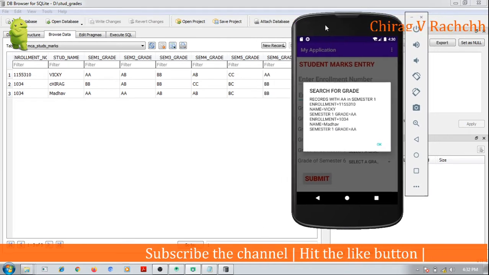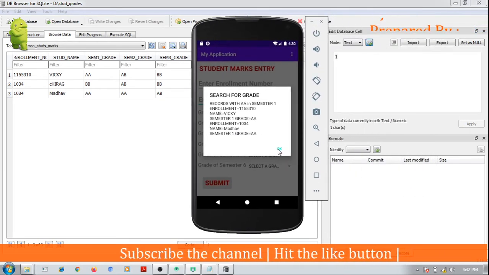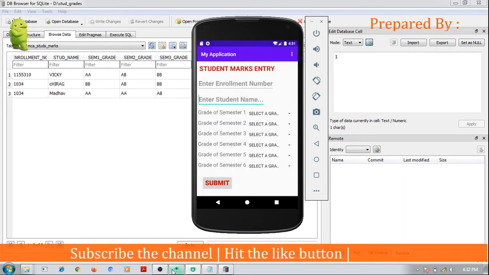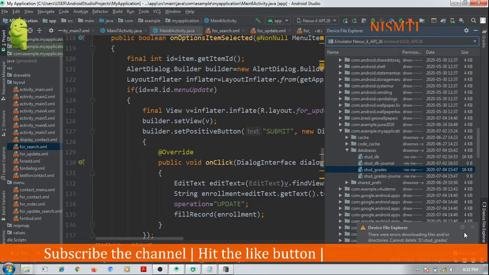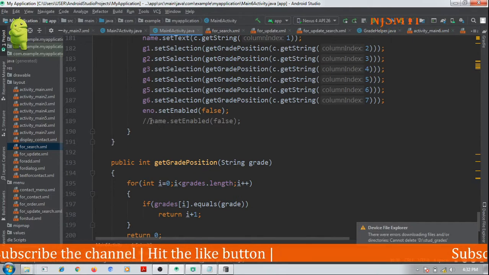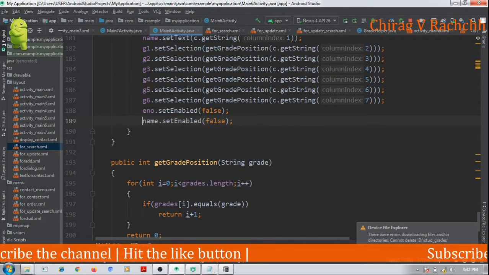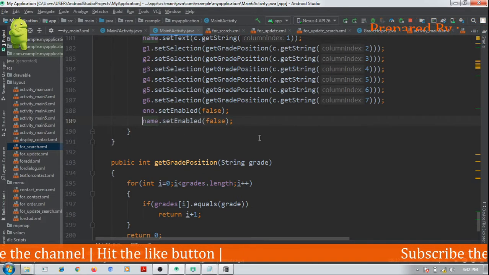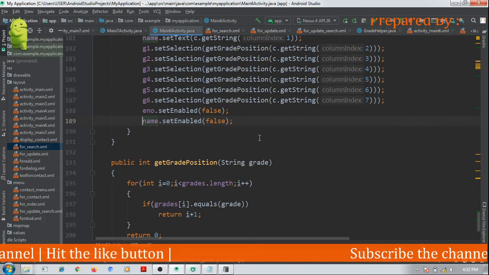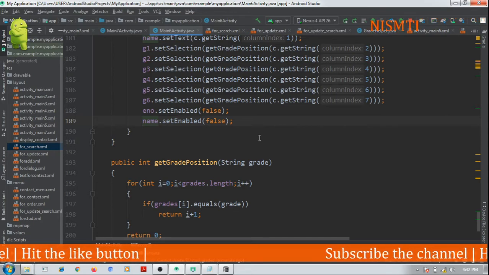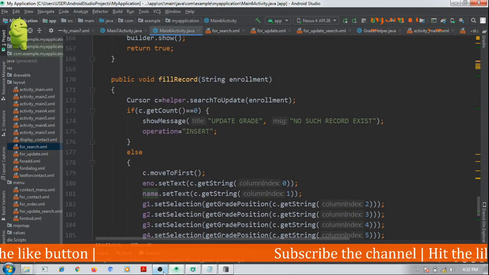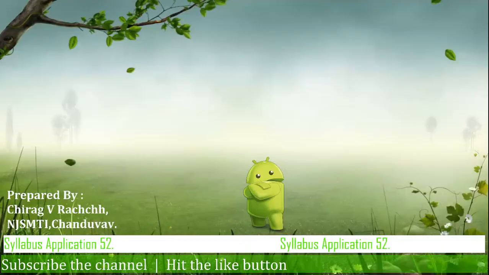So our logic is working properly, our application is also working properly, and if you don't want to let the client update the name, you can uncomment it, so the name would not be modifiable. So it was all about application number 53 of our syllabus.